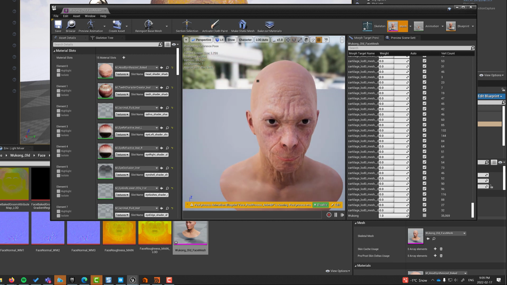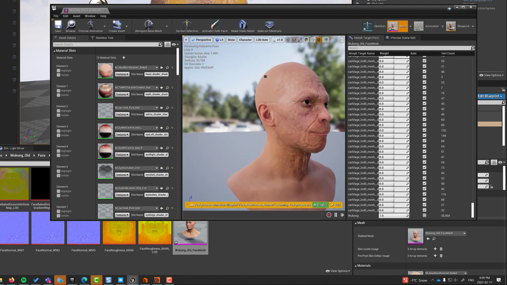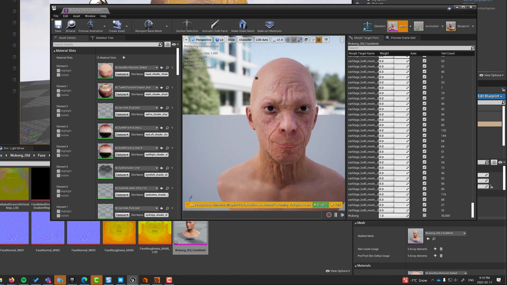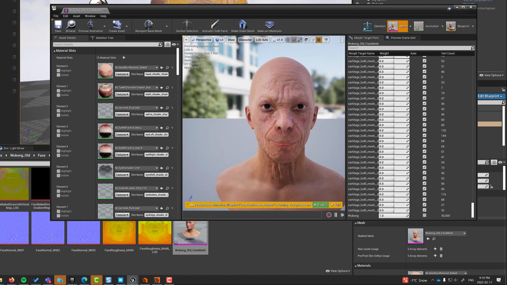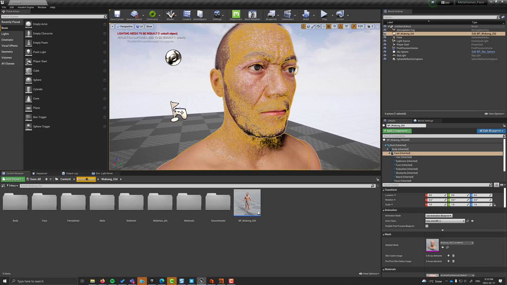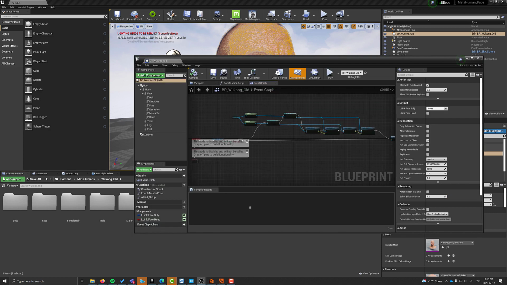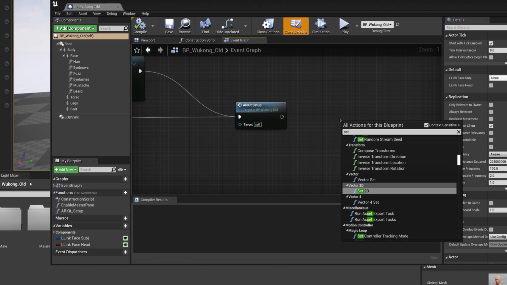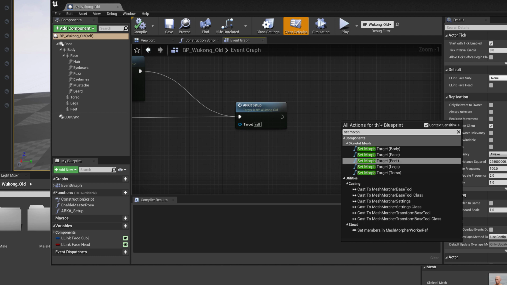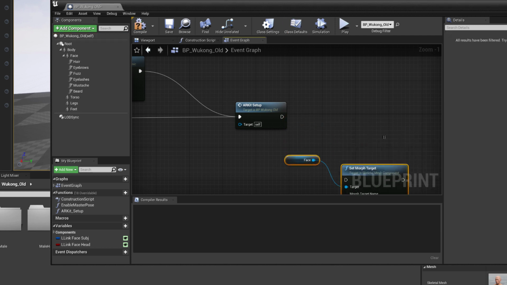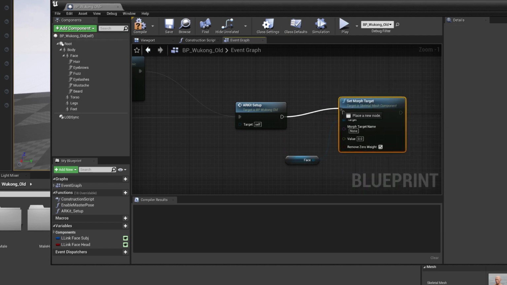It is possible in Mesh Morpher to bake this out to a new mesh, but I prefer to apply this blend shape using blueprints. Go into the MetaHuman blueprint. We're going to add just a few nodes to the construction script and the event graph. In the event graph, add the set morph shape node. Connect it to the very last node that was already there. Then just write in the name of the blend shape and set